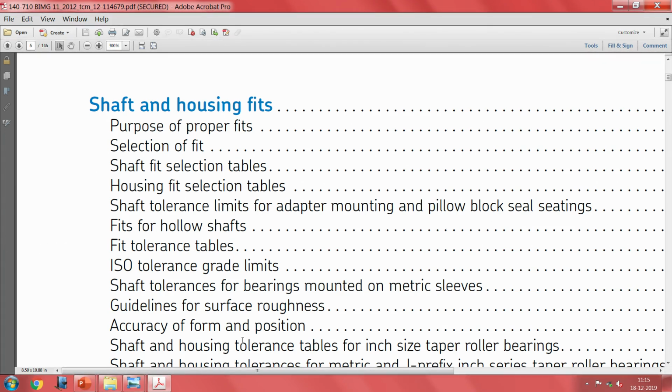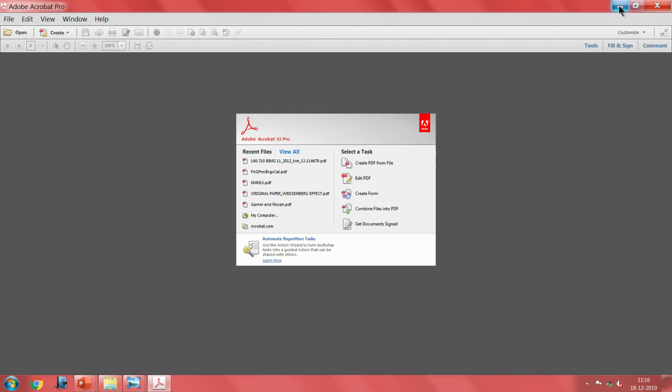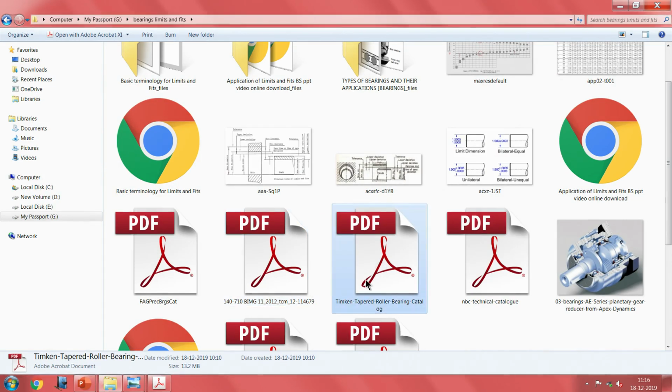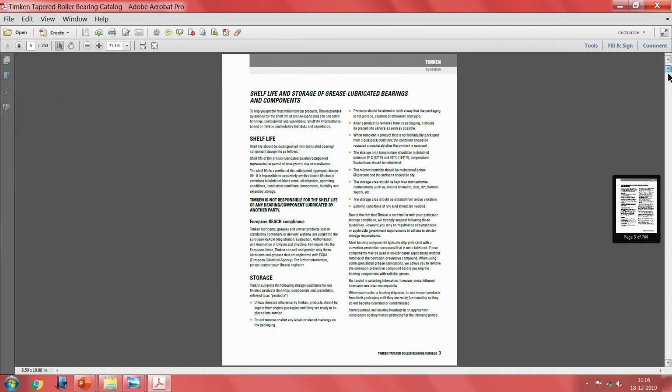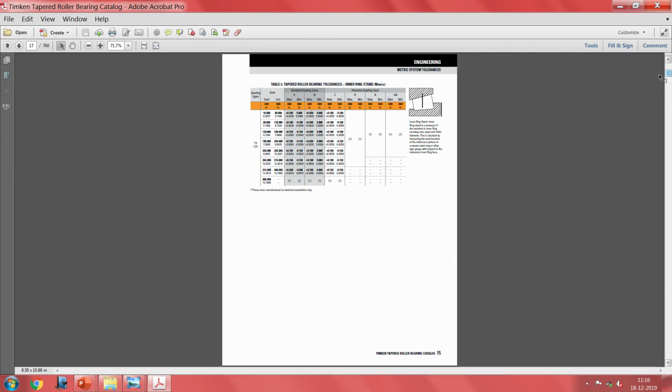Why I am mentioning it is, you can just look around and see how closely the manufacturing follows certain standards, and if you let us say do not get any one of the original bearings, or you have opened an old housing, or you want to make alternate sources, each of these manufacturers also give you, you have seen this, the best 4 of them which I have managed to get.